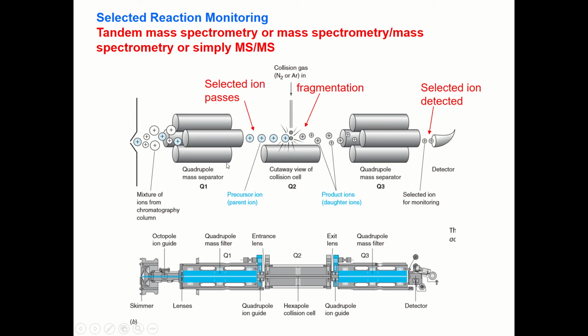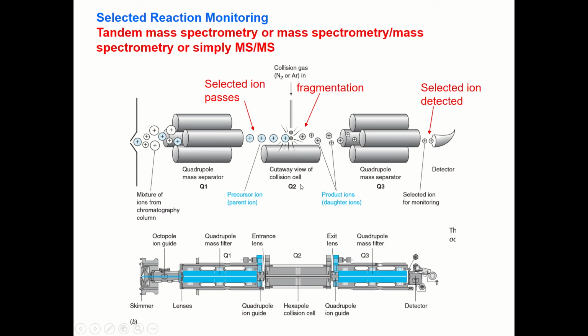But let's examine what each quadrupole mass spectrometer is doing. In the first quadrupole mass spectrometer, among these many ions of different masses, you select only one. One ion passes. And then in Q2, another quadrupole mass spectrometer, there is